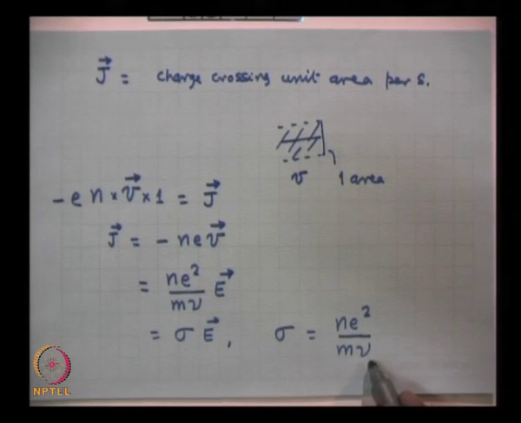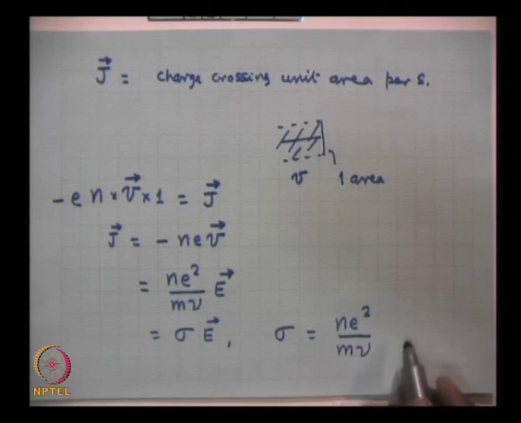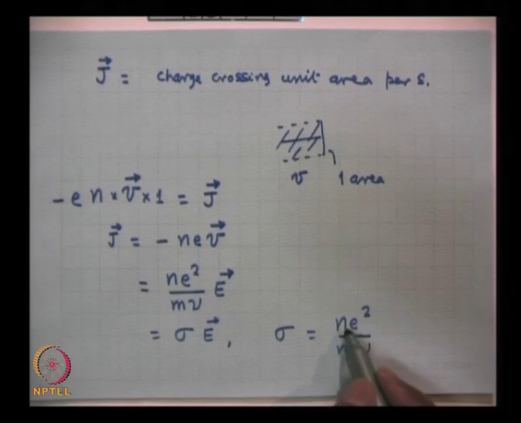In solids, collision frequency is around 10 to the power 12 collisions per second. In hot plasmas, collision frequency could be like 10 to the power 3. So, there is a 9 orders of magnitude difference between a hot plasma and a metal. In a plasma, typical electron densities, in the case of, for instance, a Tokamak, the fusion machine, are like 10 to the power 20 or a few times 10 to the power 20 per meter cube.